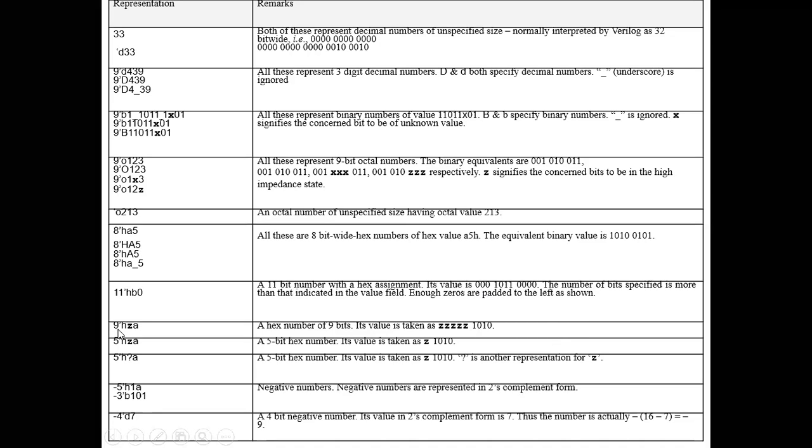Now you can see here it's 9-bit and hexadecimal and ZA. To indicate A, I require 4 bits. So you can see here, it is totally 9 bits, and for indicating A, I require 4 bits, 1010. And how many bits are remaining? 5 bits are remaining then. 5 bits are remaining, but they are in the high impedance state. All the 5 bits will be in the high impedance state.